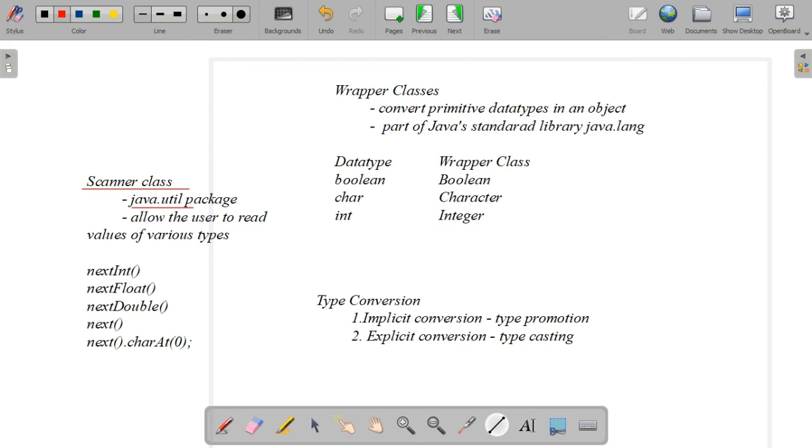That's why we are importing that particular package, the java.util package. That is the very first line of our program code. Then we can write it either way: import java.util.Scanner; or import java.util.*;